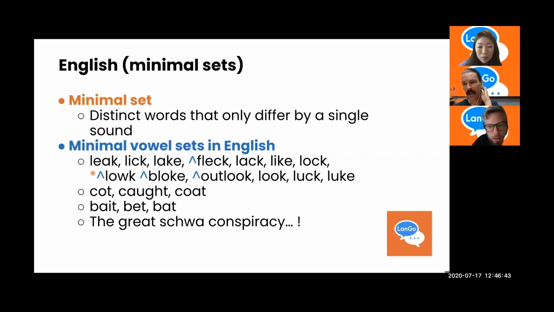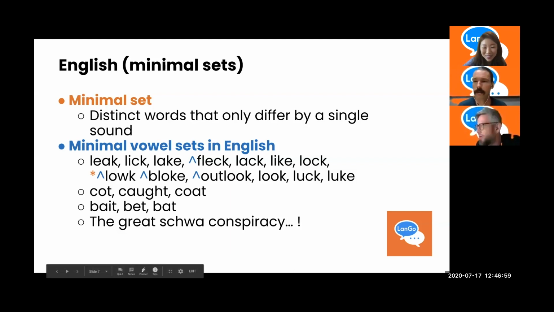There, it's not there. I'd say outlook. Outlook, in compounds. Oh, right. Vowel. If you use it as a noun, it's outlook. If you use it as a verb, it's outlook. I don't think I've heard that verb. I just verbed it. But it actually shows the thing we're going to show in the Great Schwa Conspiracy. There's this kind of alternation of Jabberwocky stuff.